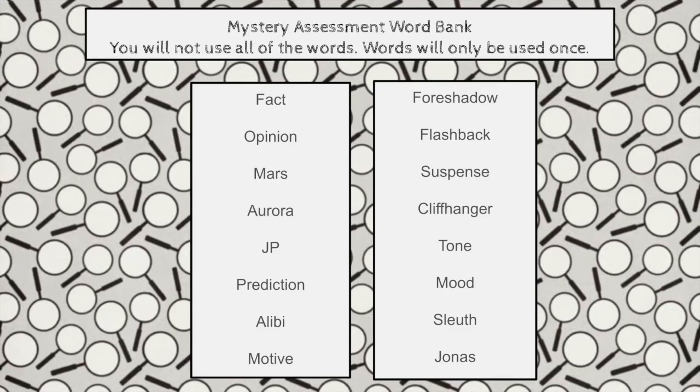This is a word bank that you can use on the test. So while you're taking the test, you are going to want to have a tab open for the test and a tab open with this word bank. If you spell a word wrong in the test, it will be counted wrong. So double check. Make sure you're using this word bank.